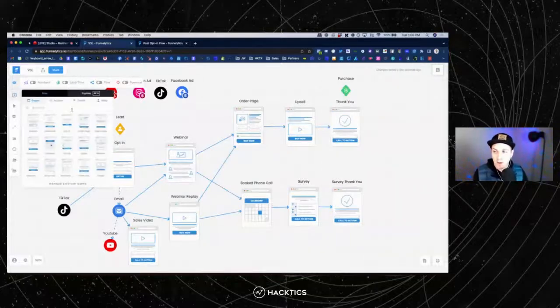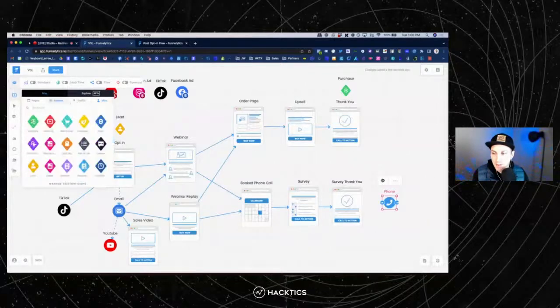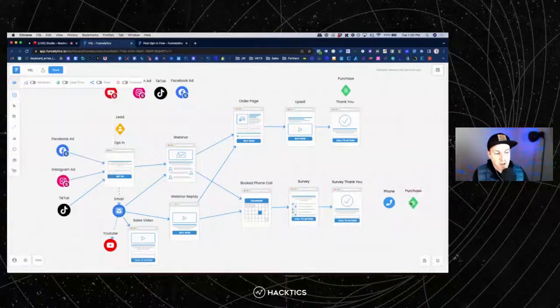But what we need, though, is this last thing. So we have to have this phone call. And then what we have to do after that is have this purchase event. And this is where things get a little bit tricky as far as tracking is concerned. Now, if you have a tool like Salesforce or HubSpot or the CRM where we can follow this all the way through, I think that makes